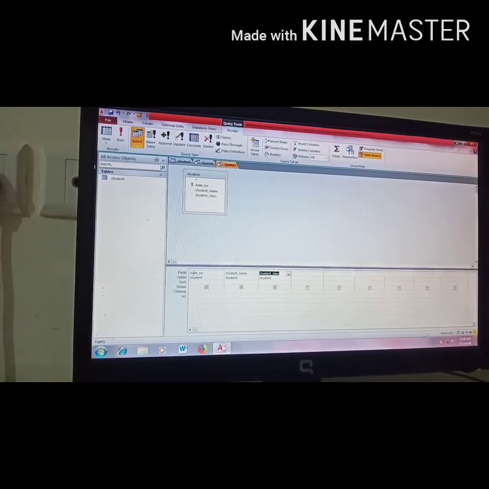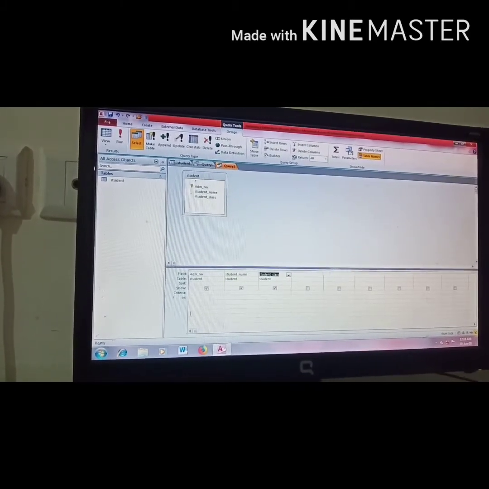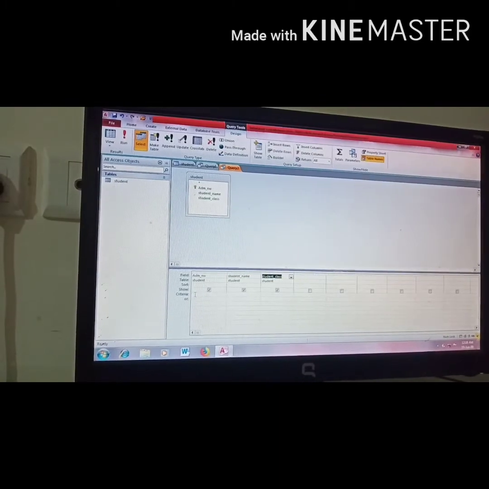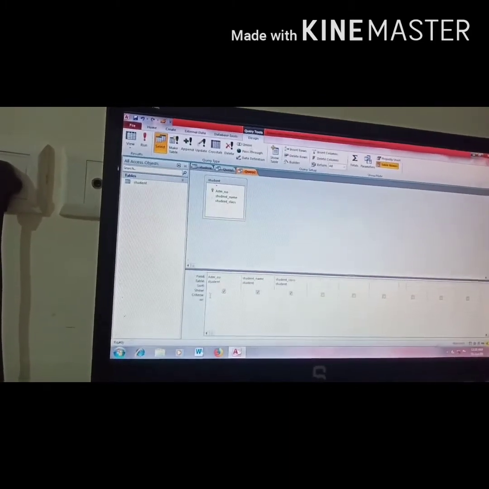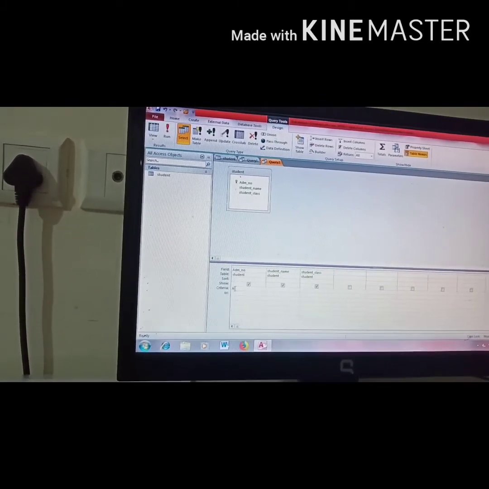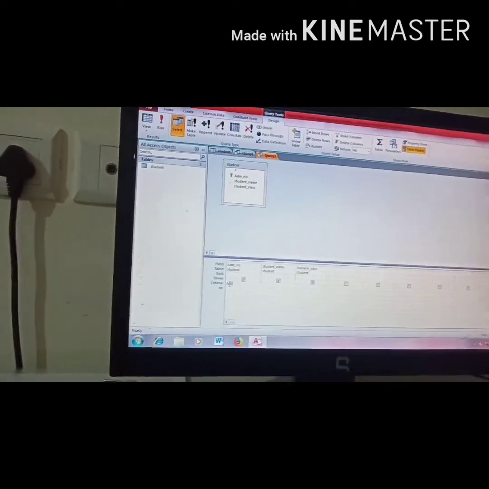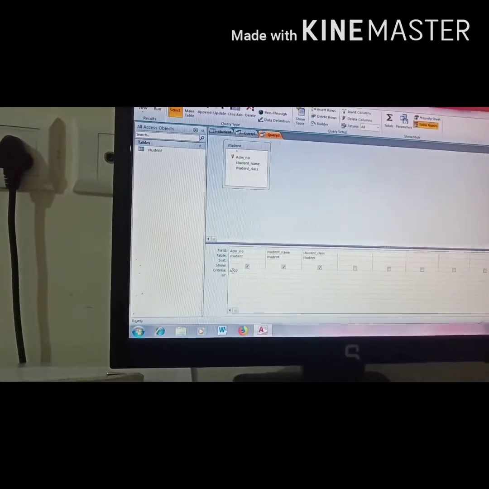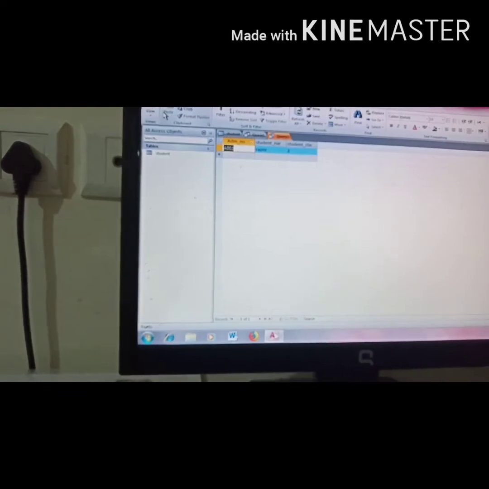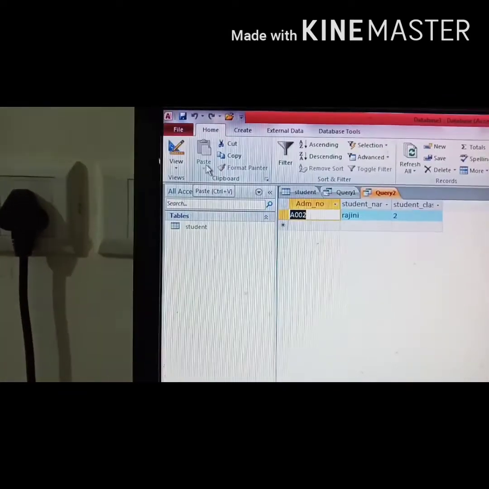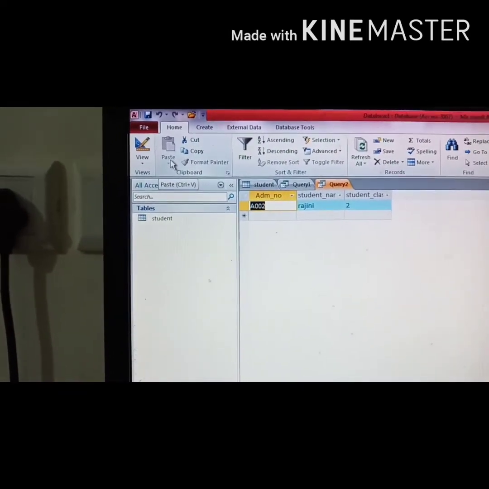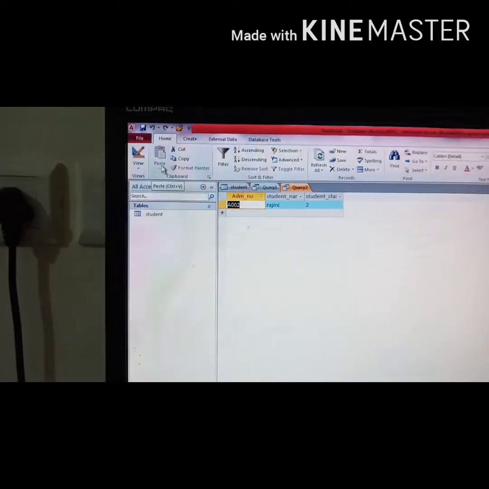So I have to work in the admission number criteria. Admission number will be A002. Now run. See, the name of the student is Rajini, the class she belongs to is 8, admission number is A002.